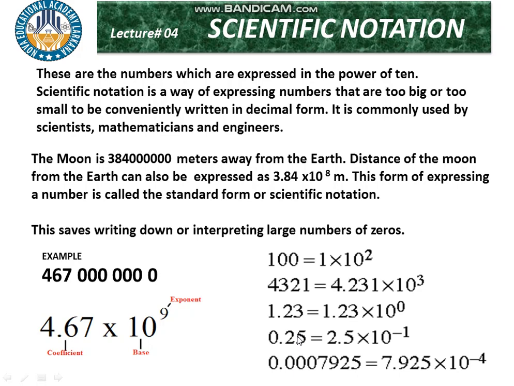0.25, now we are dealing with a smaller data. How much smaller? It must be less than 1. Now we are going to shift this decimal point to the right side. So this point is shifted to the right side. So again we have just crossed the 1 value. So 2.5 into 10 power minus 1.